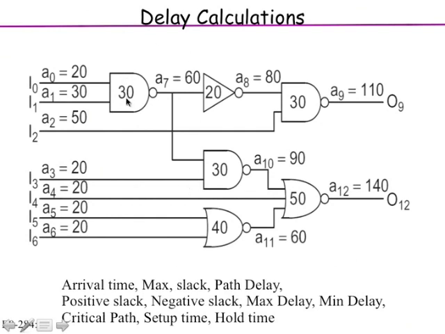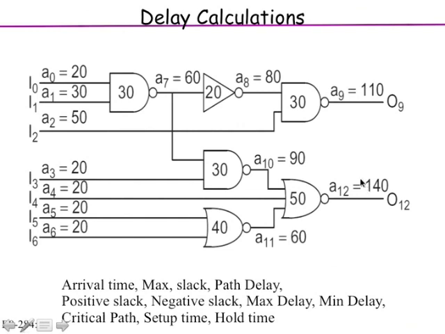So for the worst case calculation, you have to do what is called the max operation. That means you look at the inputs to any gate. You have paths. For example, one of the paths is from I0 through this gate, through the inverter, through this NAND2 gate to OG. I0 to OG is one path. Similarly, I1 to OG is another path, etc. How many paths are there between input and output? There are 7 inputs, 2 outputs, so 7 times 2, that is 14 paths.